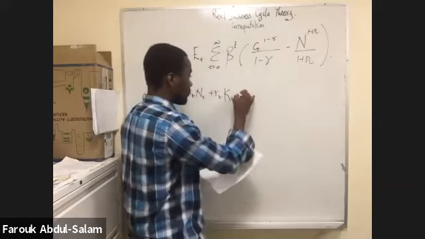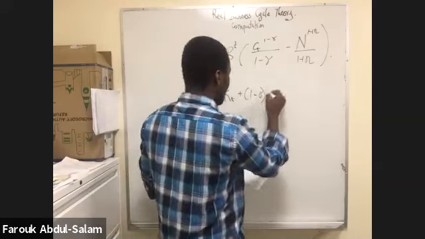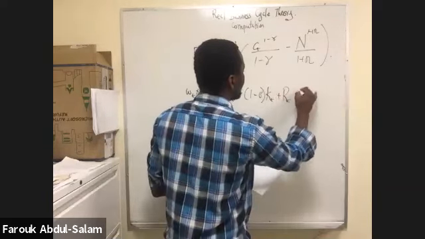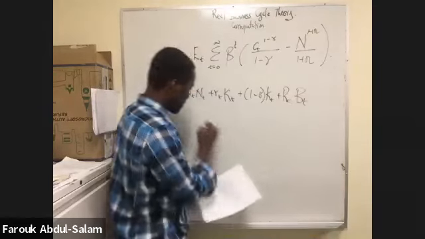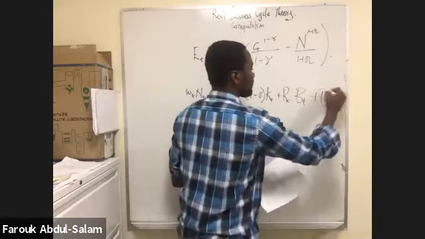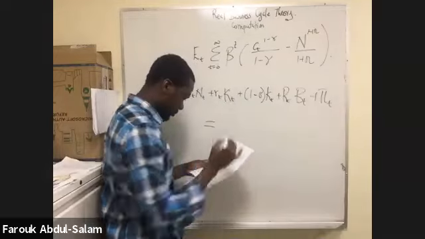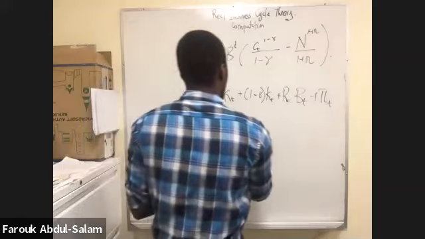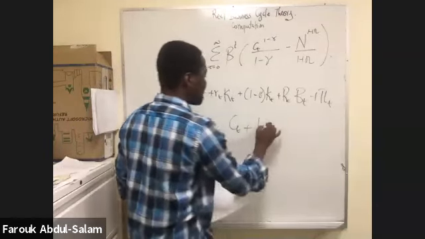And we have 1 plus the depreciation rate here, plus RT, plus the bond, plus the profit. It should be equal to, I believe, CT plus KT plus 1